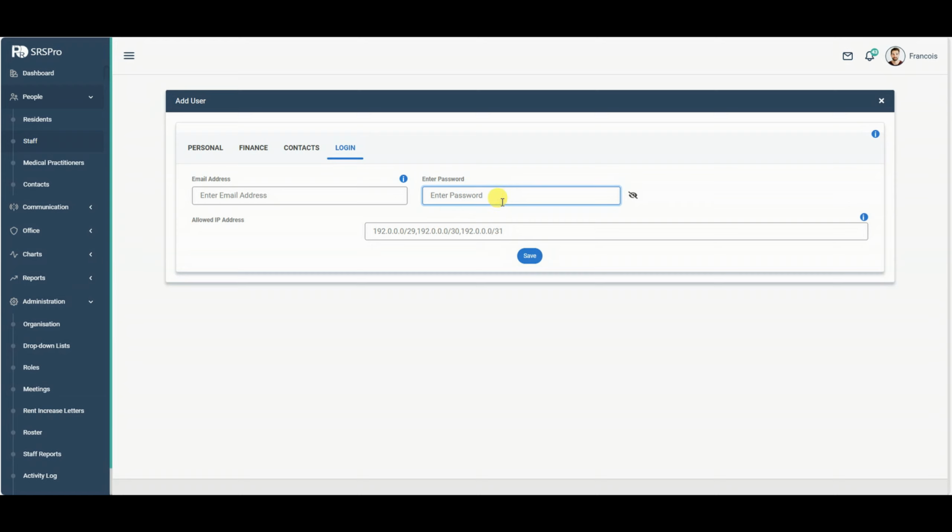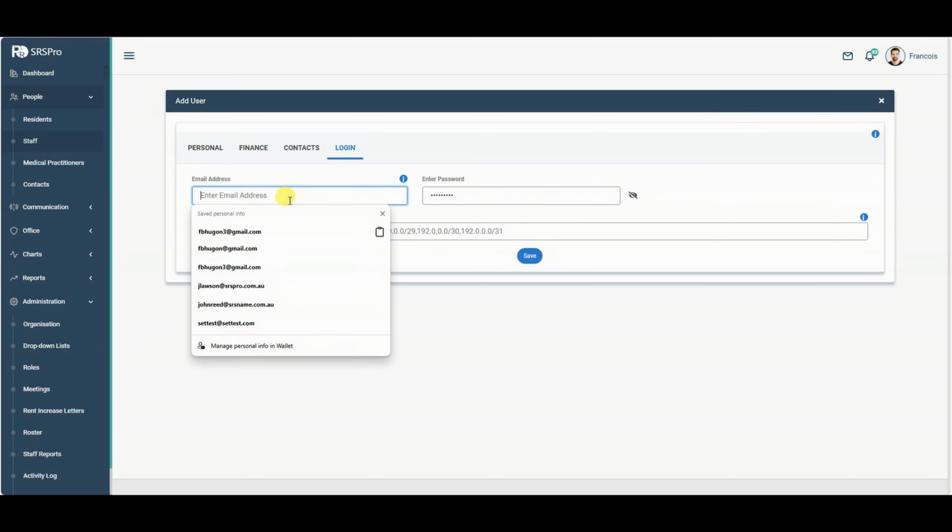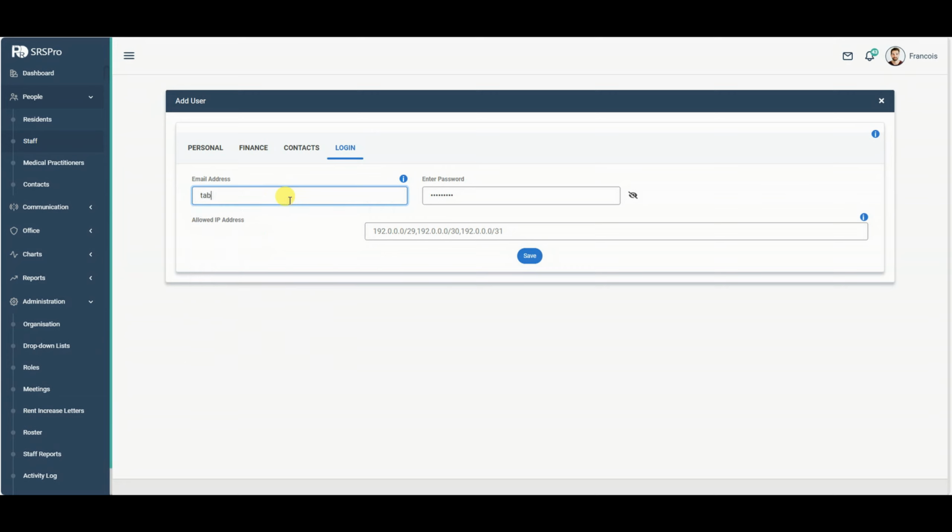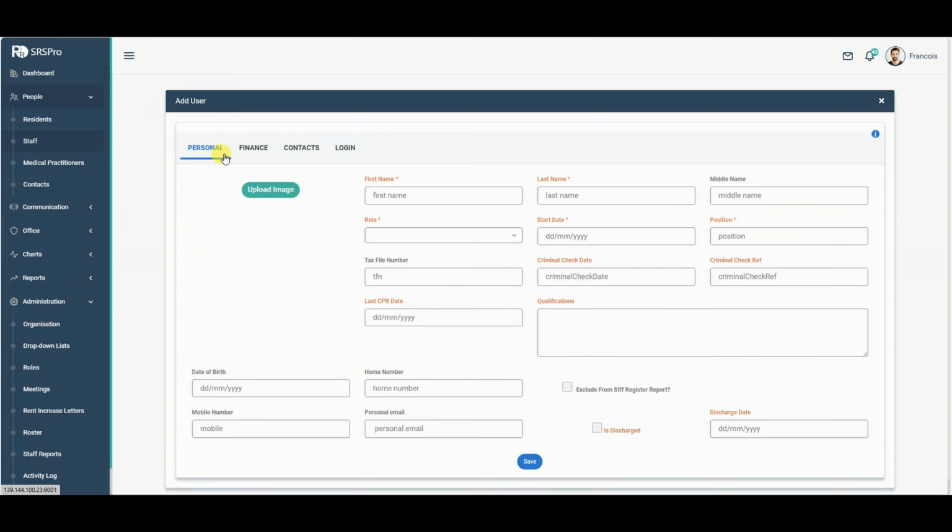So password can be a mixture of numbers and letters and a minimum of 8 characters, I think it is. So if we put in, that should be enough, and you'll give something like that. If their name, we'll say their name is Tom